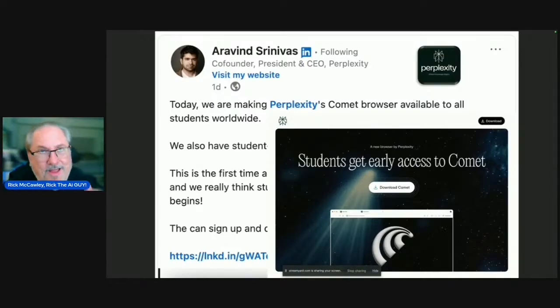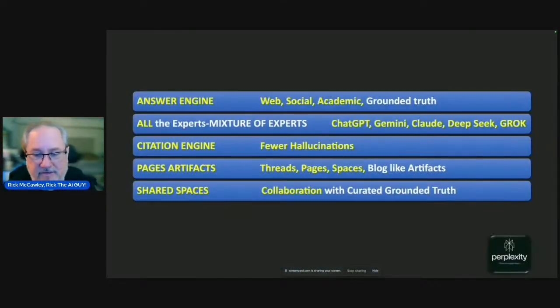All right, so let me get down to what Perplexity is. It is not a large language model. It is all of the large language models. All right, first of all, it's an answer engine. If you go over to Google, you're going to get ads. And then once you wade through that, you get to an answer one at a time.